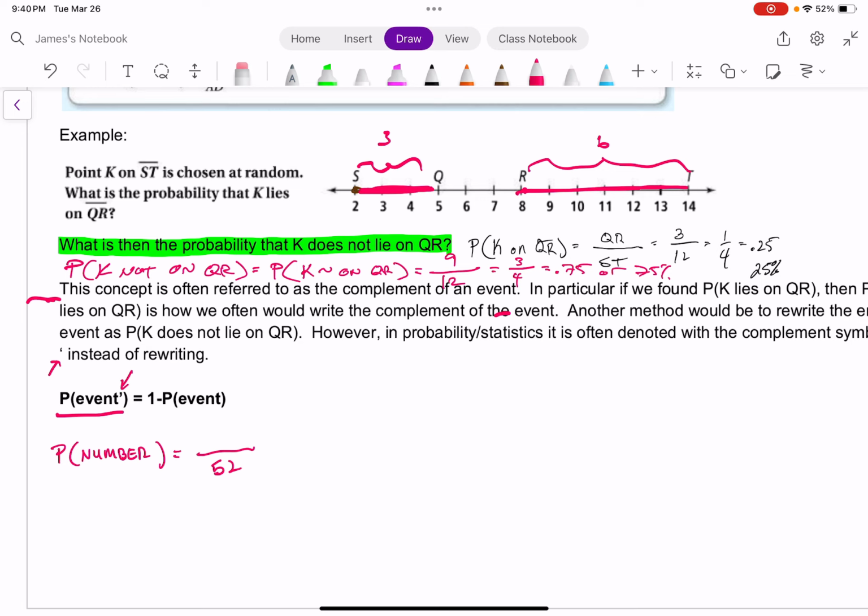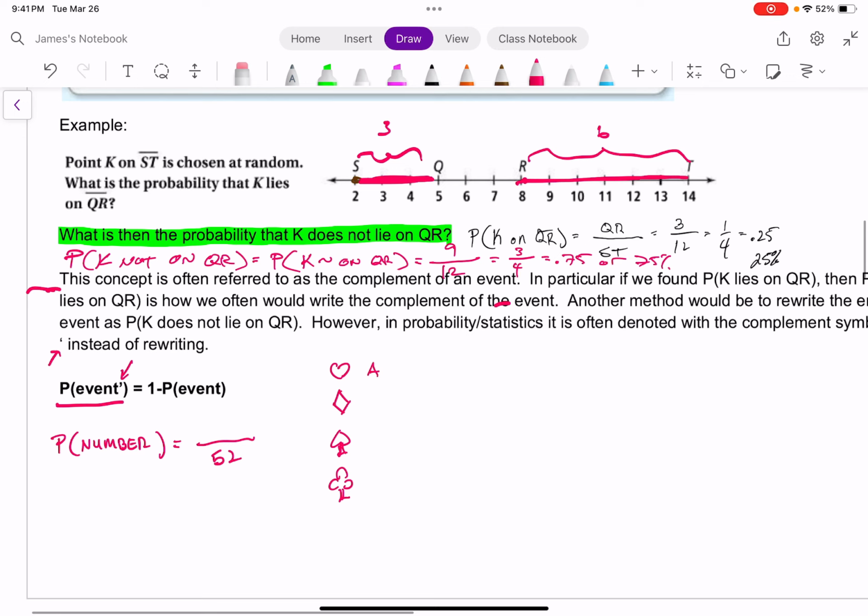With cards, you've got your hearts, you've got your diamonds, you've got your spades, and you've got your clubs, okay? So hearts go from ace, and then they start